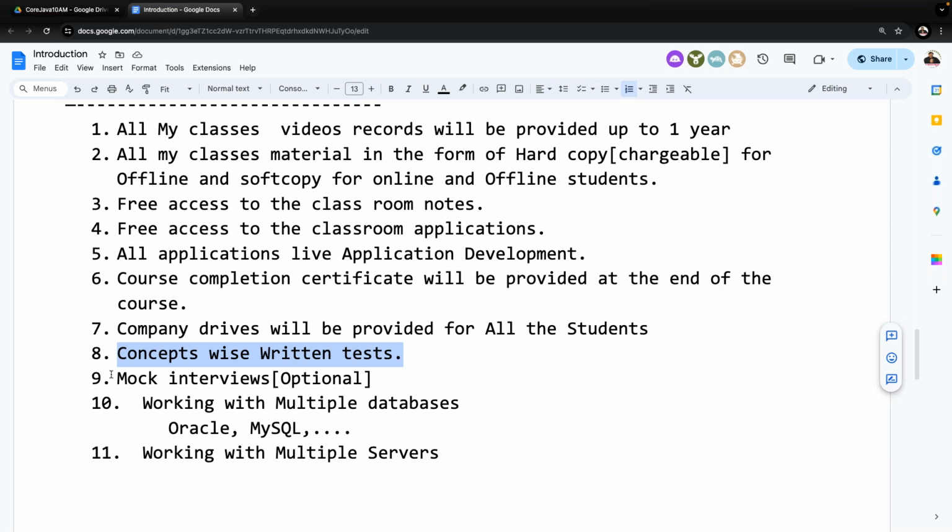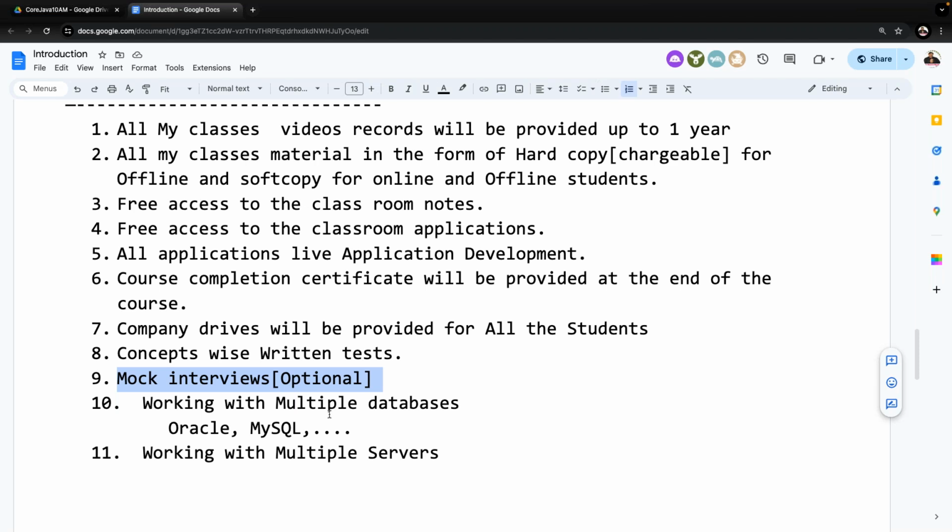If possible, we are going to conduct mock interviews. Previously I started these mock interviews also, but people are not interested. I don't know what the reason is. I'm spending some time on it myself, but people are not attending, maybe because I'm already taking the classes for you and that is why people are not coming. But if you're interested, at the end of the course I'll definitely provide the interview preparation here.